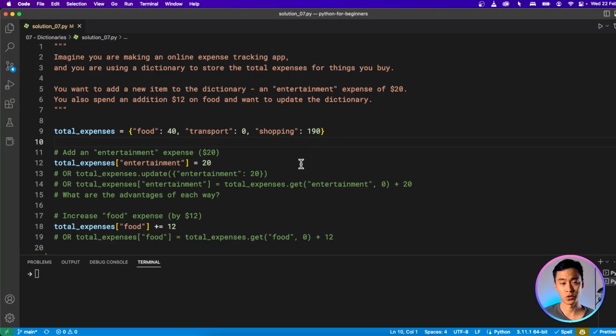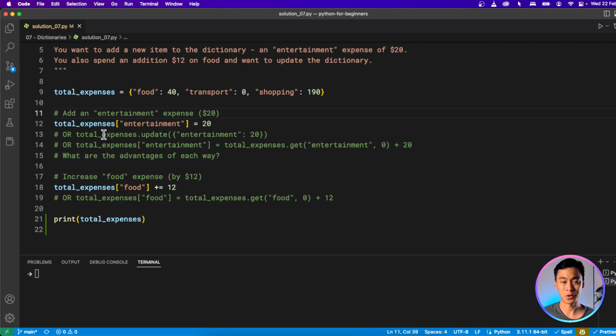So here's my solution for this exercise. And there's a couple of different ways you can do this. I'm using the key directly in the dictionary to assign a new value, 20, to the entertainment expense. And this will add it because this key doesn't exist yet. Alternatively, you can use this update method as well.